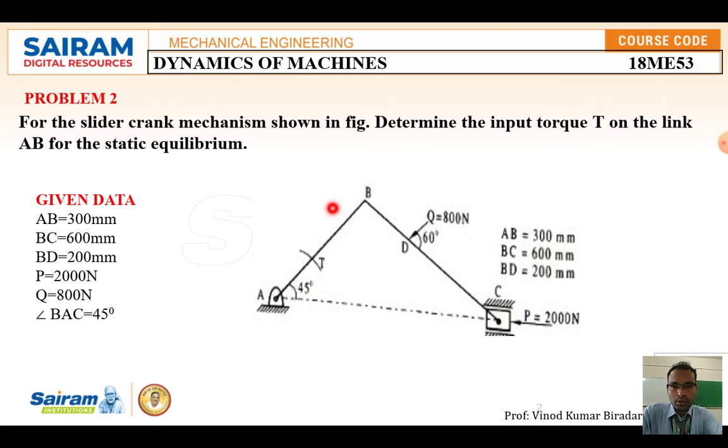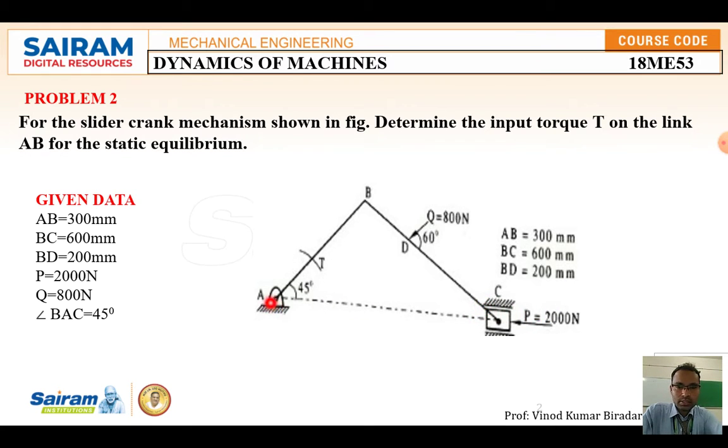Now what you want to do is find the torque produced in the link AB. With the help of this force, we have to find the force F34. First you need to calculate the force F3, how much is acting on this piston element, then you go further to find the torque. Here the link AB is given, this is BC, the piston is connected, and an external force of 2000 Newton is applied.